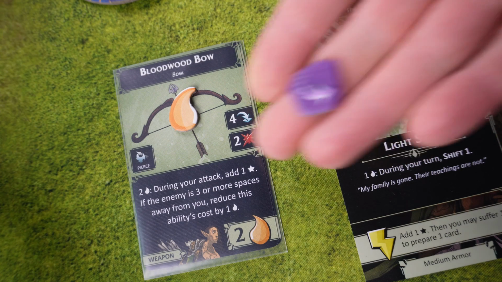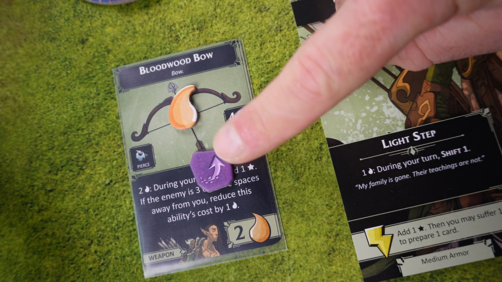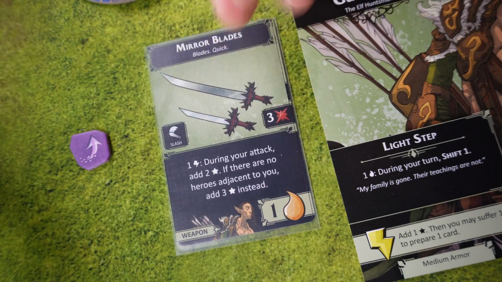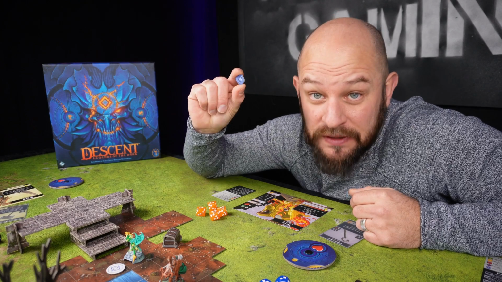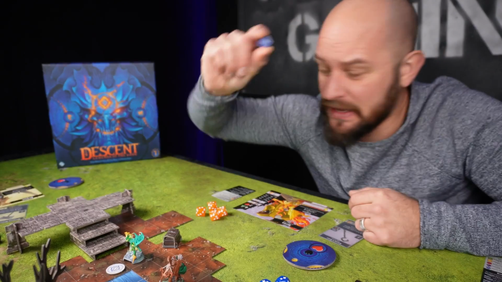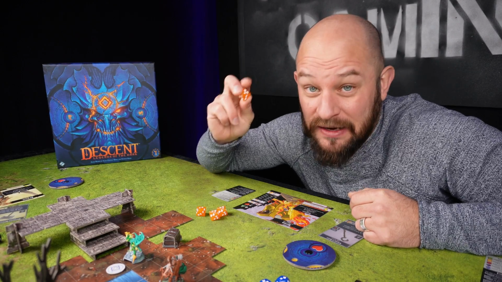To prepare a card, you simply take the prepare token and you put it on the card you would like to prepare. This will let you flip this card over at your turn, discarding any tokens that are on that card. Sometimes you will also get to focus a card instead, and that would be this little blue token here. This would let you discard the token in a future turn to re-roll any of your die